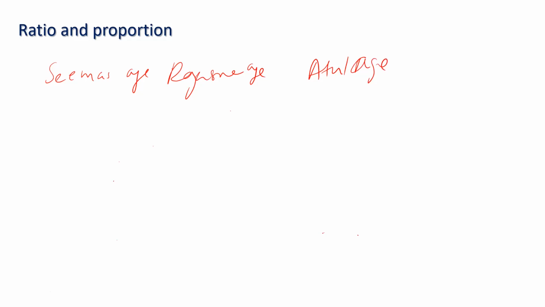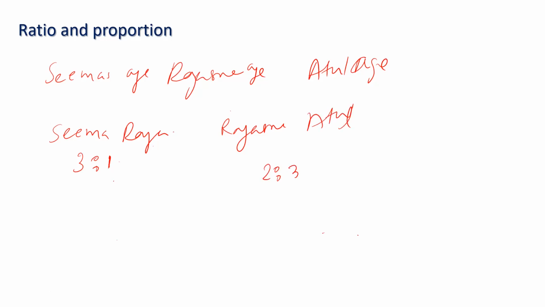If the ratio between the ages of Seema and Rajeshri is 3:1, then Rajeshri with Atul, the ratio is 2:3. Now can we write the ratio or the proportion of the ages of Seema, Rajeshri and Atul? Can we write it like this,